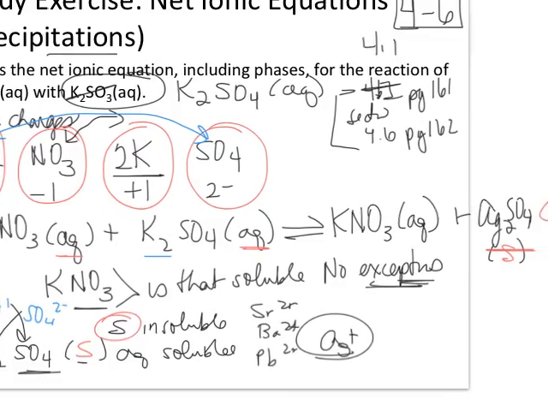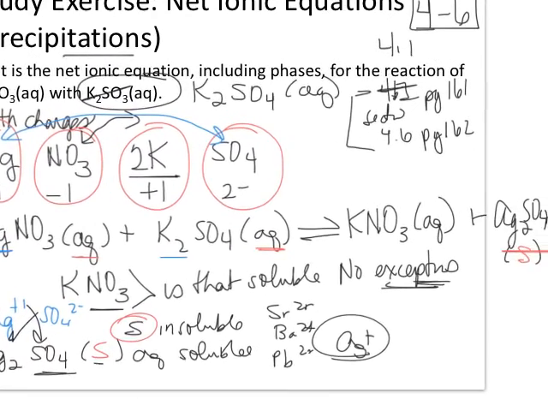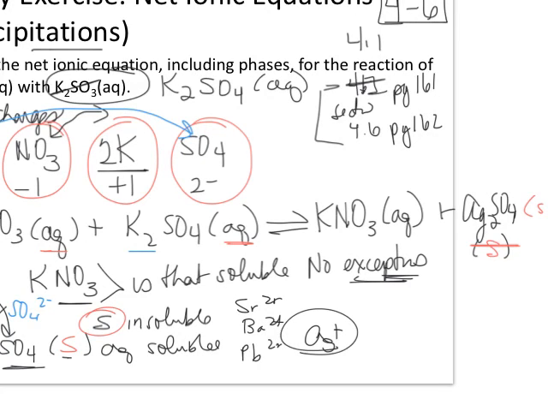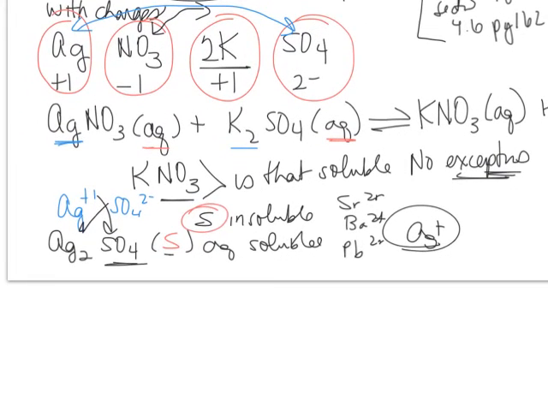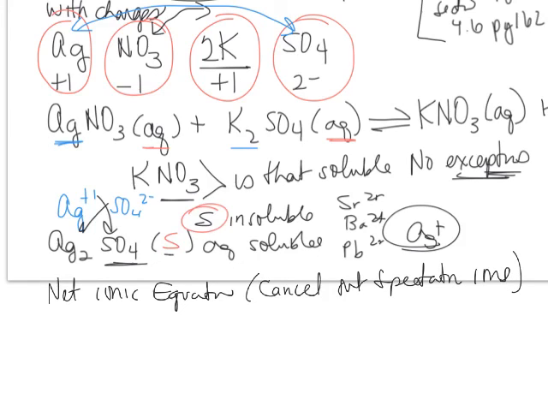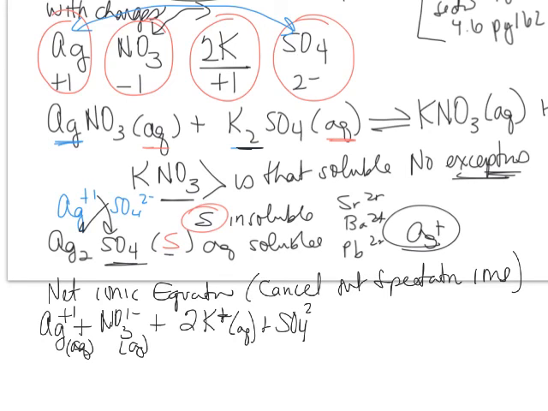What is the net ionic equation, including phases, for the reaction of silver nitrate with potassium sulfate? Now, that is your net equation, but that's not your net ionic. To write your net ionic equation, you have to cancel out your spectator ions. So the best thing to do is where we see aqueous, you break them up into their charges. The first one breaks up into Ag+ aqueous, plus nitrate, NO3 1-, aqueous, plus 2 potassium plus 1s because of the subscript 2, aqueous, plus 1 sulfate, 2-,